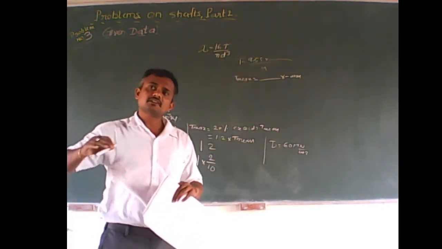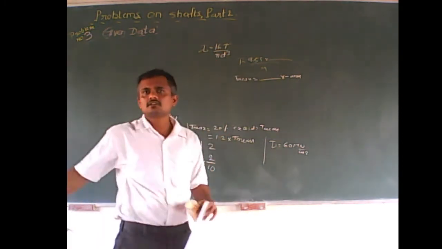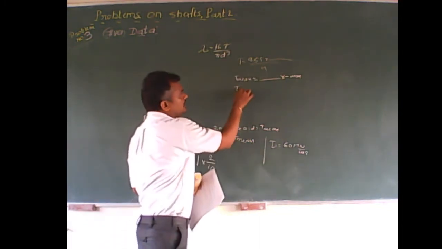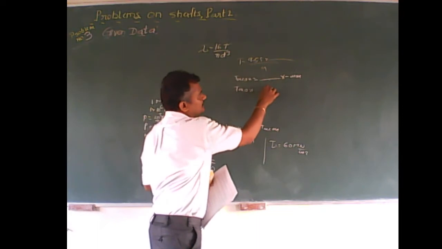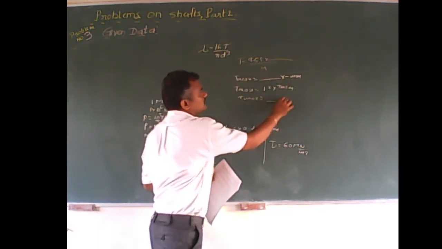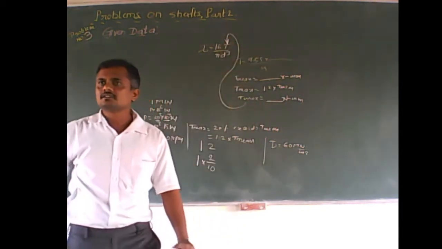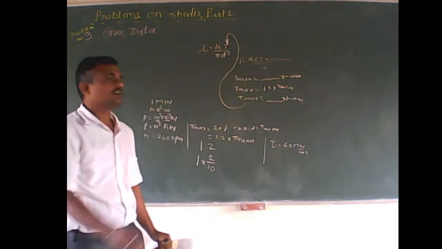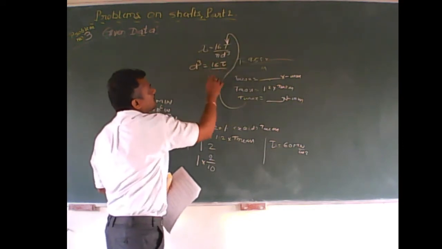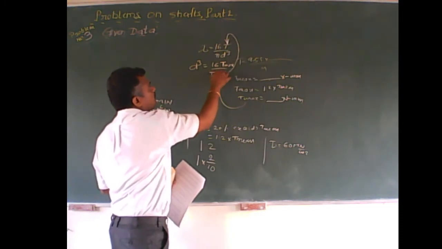The problem says 20% more we have to consider as T max, and that is what can be used to calculate the shaft diameter D. Therefore, T max is equal to this answer multiplied by 1.2. So what you get is T max in newton mm. This answer should be substituted here to get the value of d cube. D cube is equal to 16 T max divided by tau into pi.